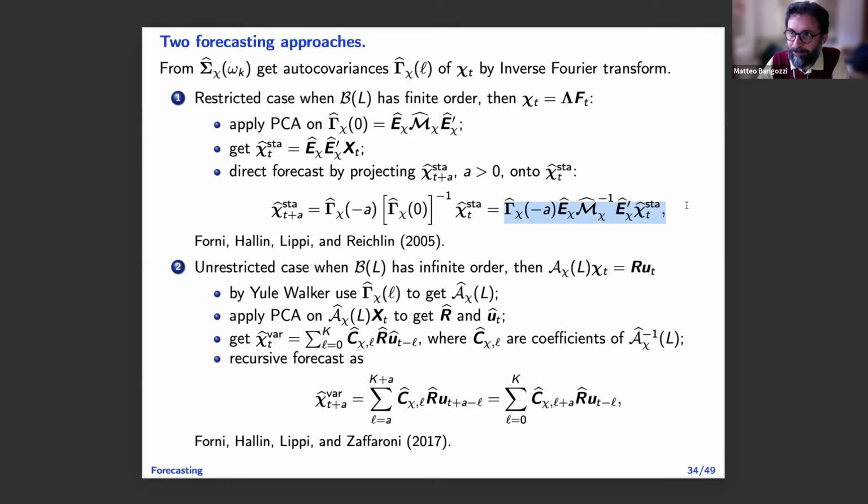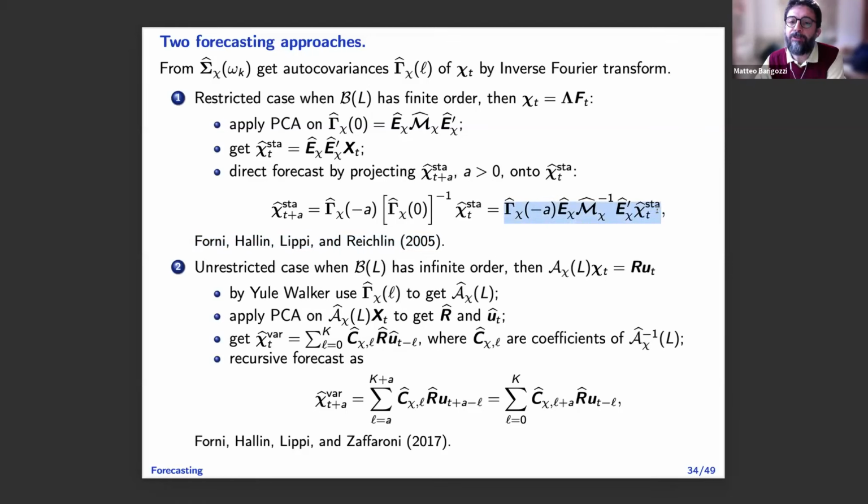Okay, here there are some steps, but I don't want to spend time. If you were doing Stock and Watson, here you will have gamma hat of X. Here you will have the eigenvector of the covariance of X. Here the values of the covariance of X. Here the eigenvector of the covariance of X. And here you will have X. So replace chi with X everywhere. And this is Stock and Watson 2002, the way they forecast. Okay? And this is shown in their paper, in fact. So you can look at their paper to see why that is the case.